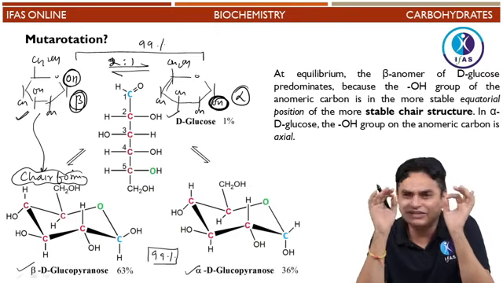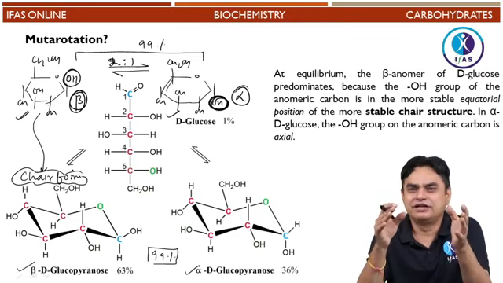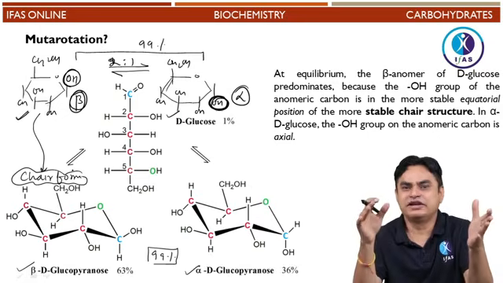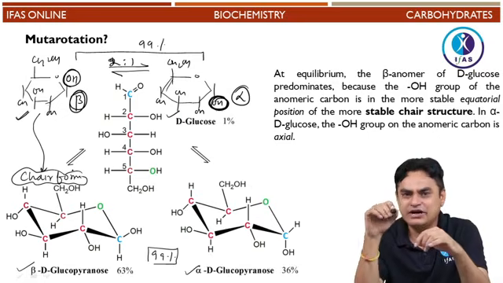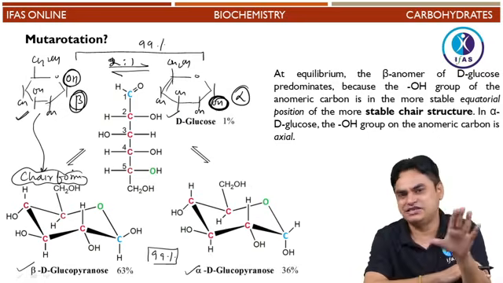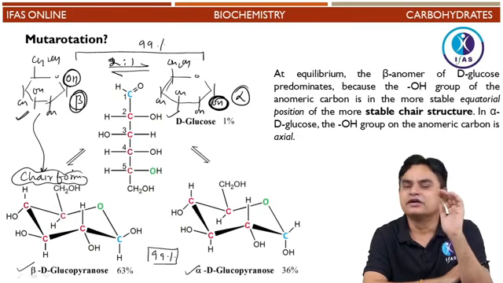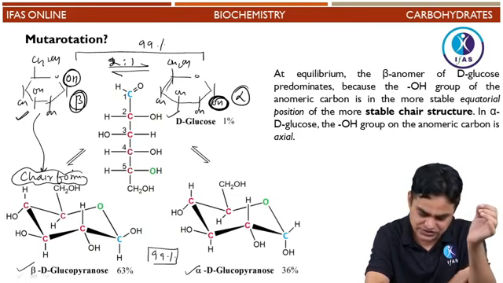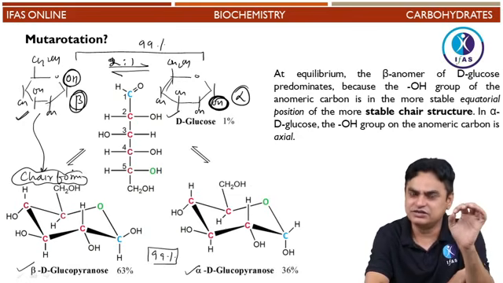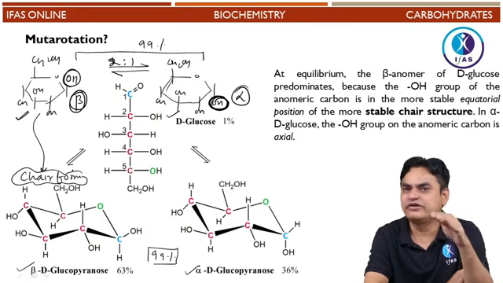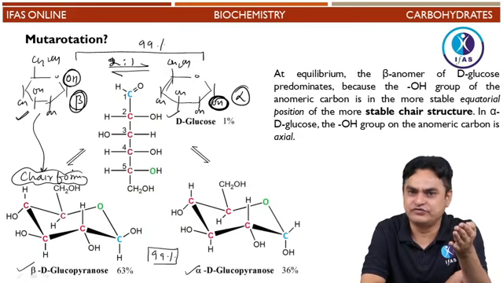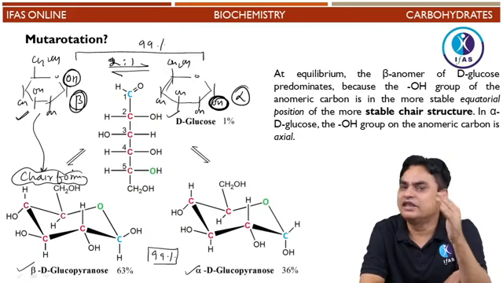So only one thing you have to keep in mind, that the furan or pyran ring in sugar is not planar. All carbon and oxygen atoms do not lie in the same plane. In a ring form, the more stable structure is the chair form. If it is a pentose sugar, that is a 5 carbon sugar, it forms a furan ring, and for the furan ring the stable structure is the half chair form. Again, that is not planar.